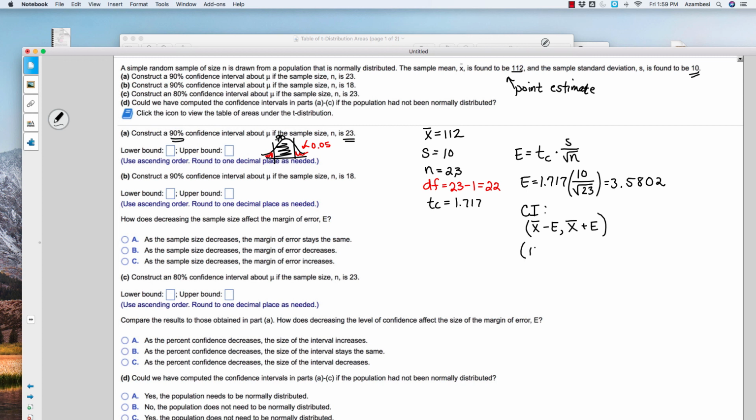So the mean is 112 minus 3.5802, and 112 plus 3.5802 gives us our answer. Rounding to one decimal place, I have 108.4 and